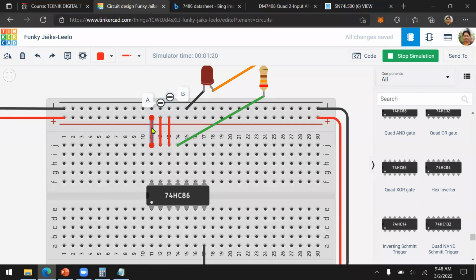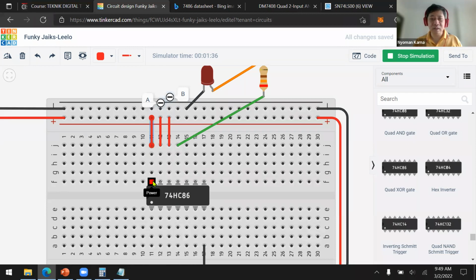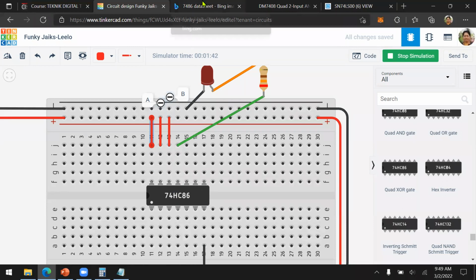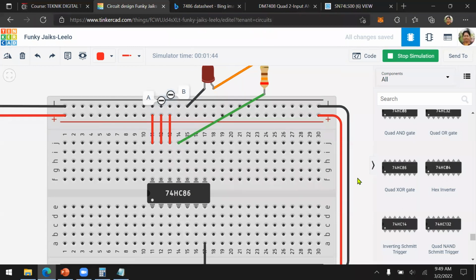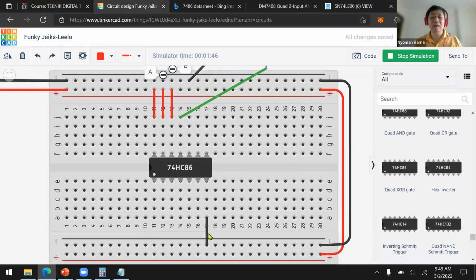Yeah, that one. This will give power to the 7486. We need to give power to the integrated circuit because transistors need power. So to give power, we put it into this because it says power. And then this one is ground. Oh, yeah, I see the black cable. I didn't see it before. This is for the ground.